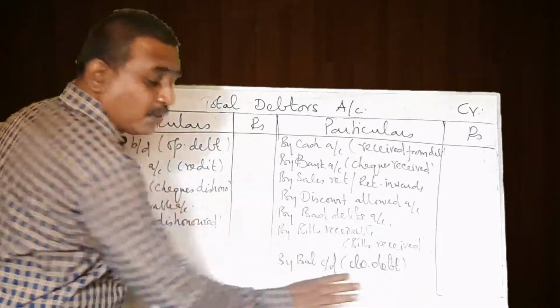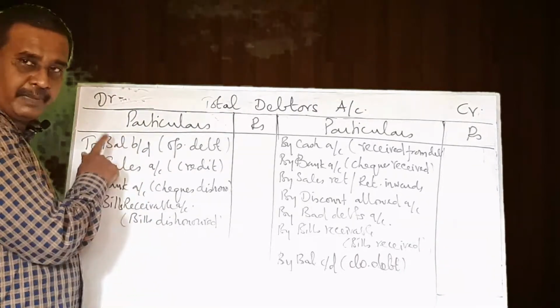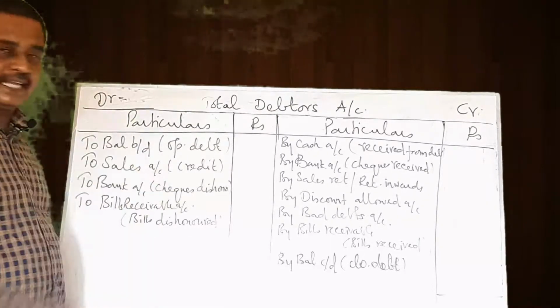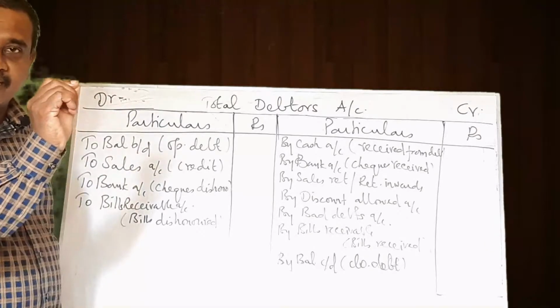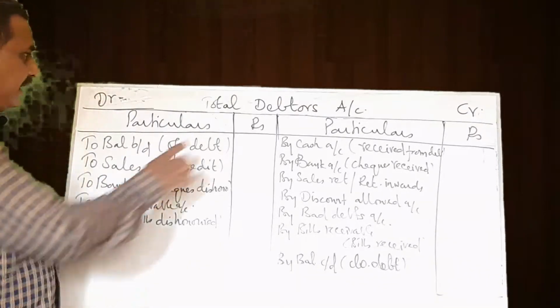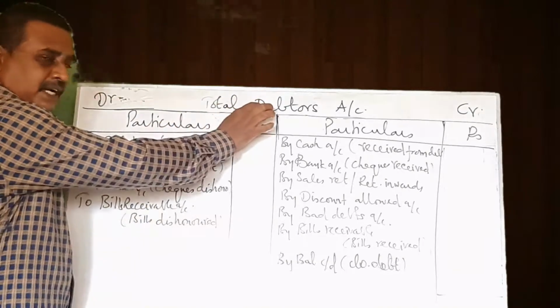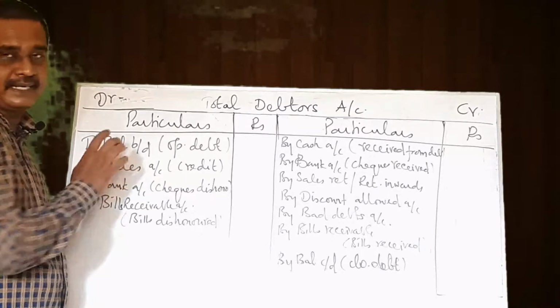So, two things are known to you. Assets always show a debit balance, so we bring that opening balance here. And then, let us take sales. It means credit sales. What could be the entry? Debtors account debit to sales. We take the debtors account, we come to the debit side and we write 'to sales'. That is the credit sales.